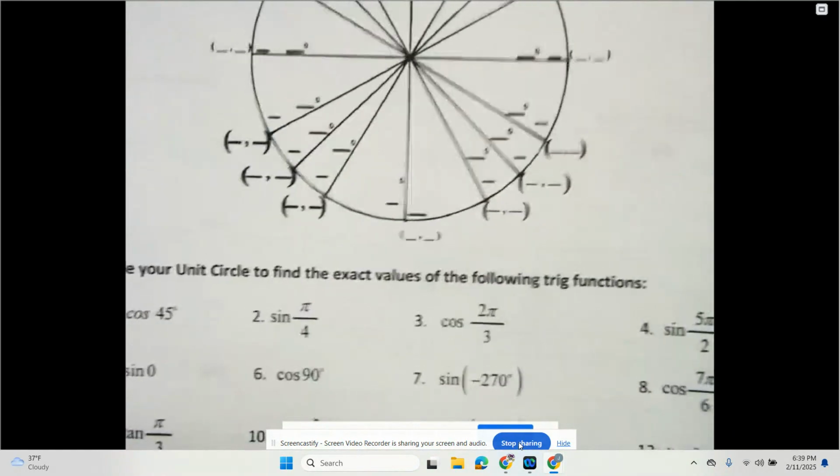So there's your notes. So now, here's what you're doing. Your homework